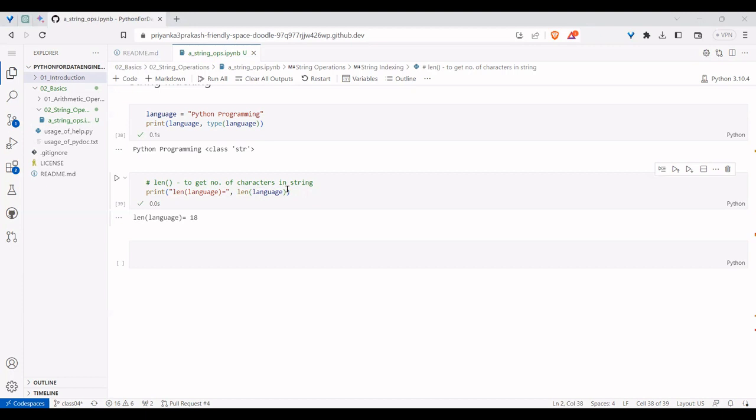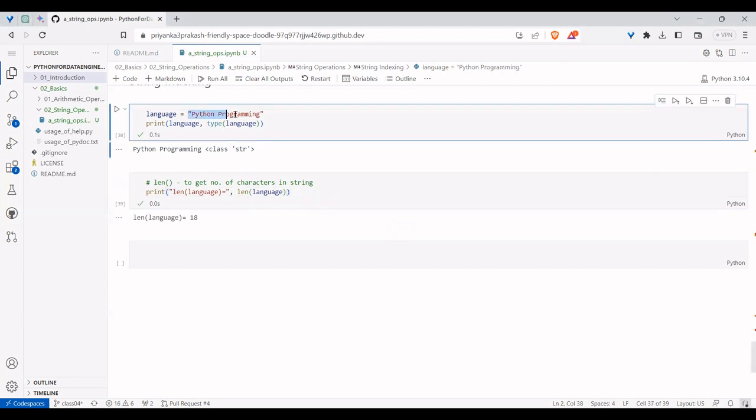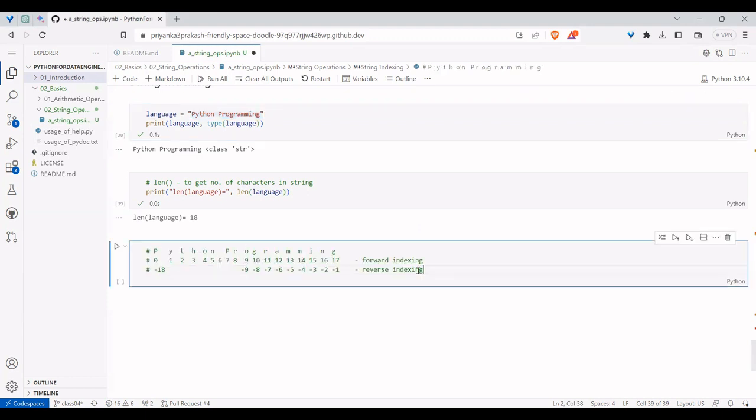Part of it is something called indexing. What do you mean by indexing? You have this text, Python programming. Let's take the same example. In this, the first word is Python, next is programming. Generally, Python recognizes this string by indexing it with positions, 0th position, 1st position, like that. So in terms of positions, we have something like this.